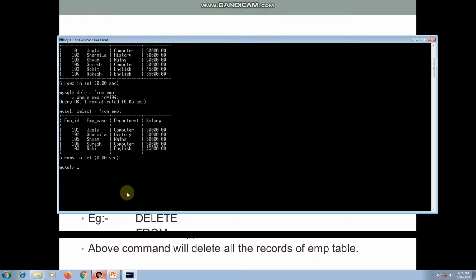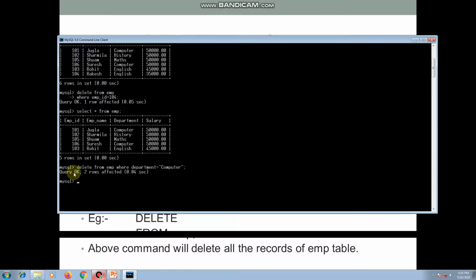For example, to delete all the employees from the computer department we will use the delete command in this way: delete from emp where department is equal to computer. So friends, here two rows are basically deleted, and these two rows are those where department is computer.